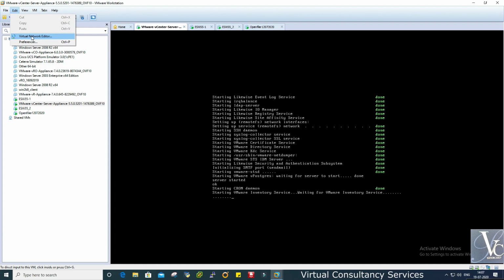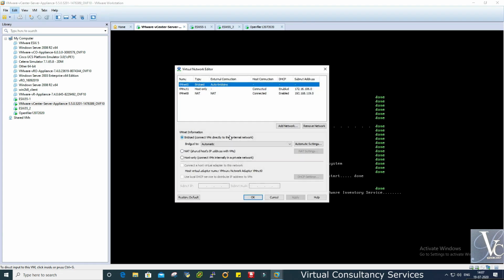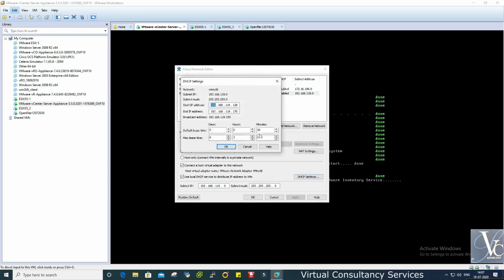I will show where it will get the IP address. Here I have set up the IP address setting, so I should get the IP address from the range 128 to 170. This IP address will be allocated in my lab.